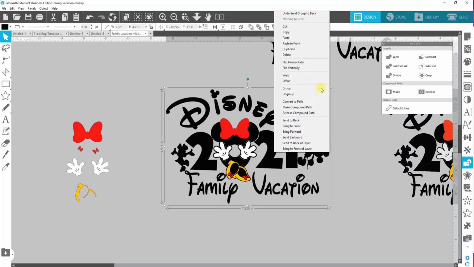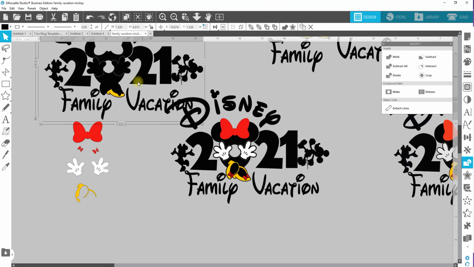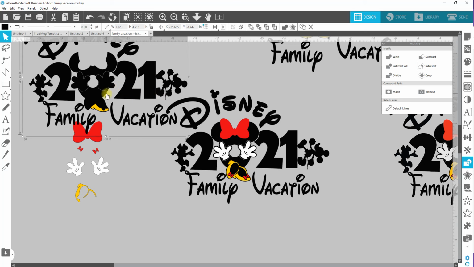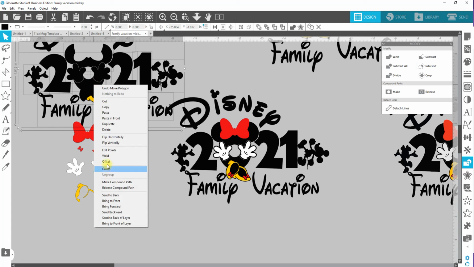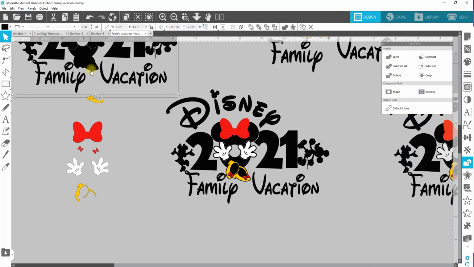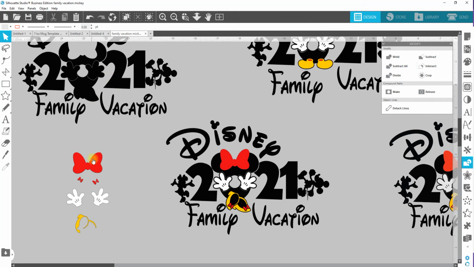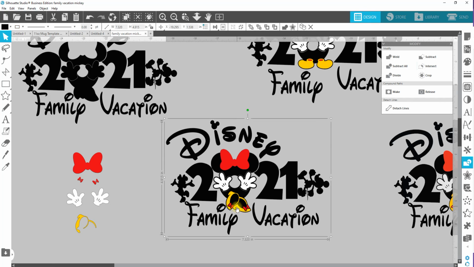Now I can right click and duplicate. Ooh, I left a piece of shoe there, but that's fine. We're going to ungroup. And I held down Shift, clicked on the shoe, group everything else back together, then delete the shoe. So now this is the black cut, this is the red, this is the white, this is, oh, we don't have the rest of the yellow. So let's go over here, ungroup, hold down Shift, click on the bottom of the shoe, group the black, send it to the back,